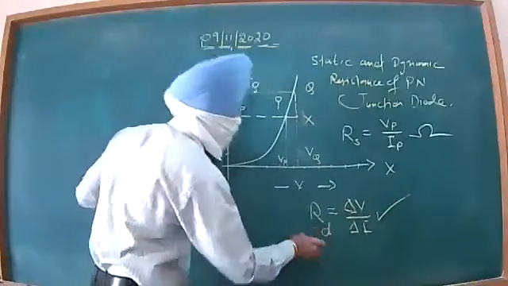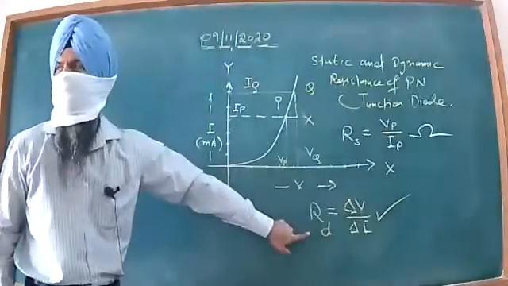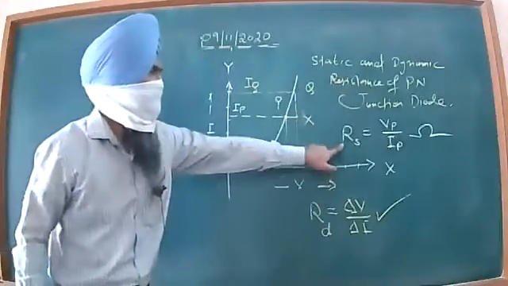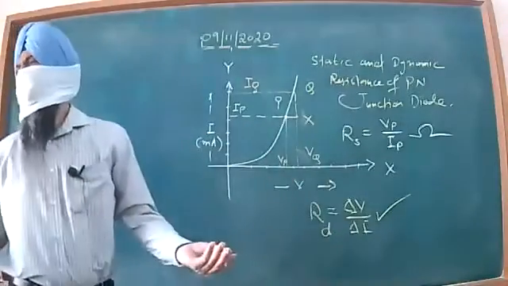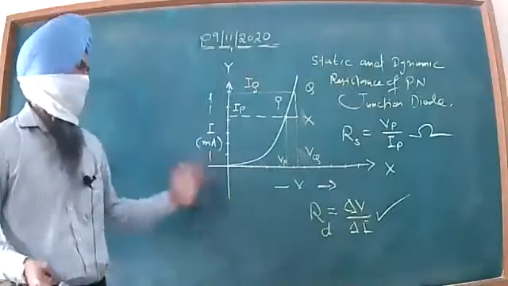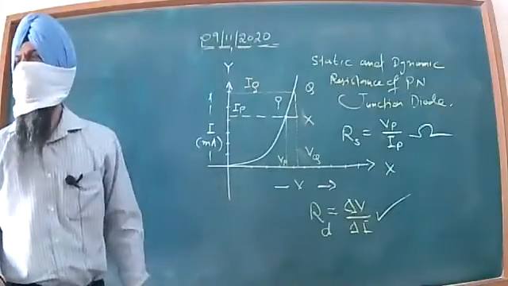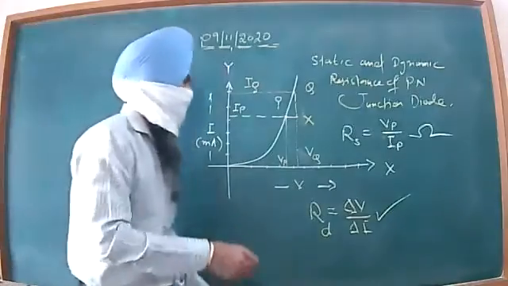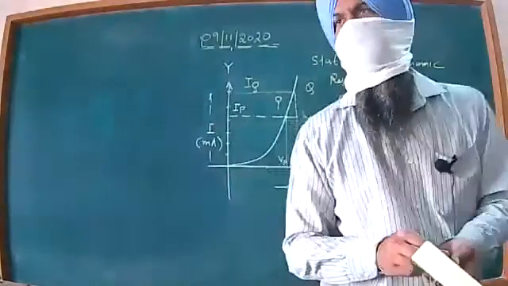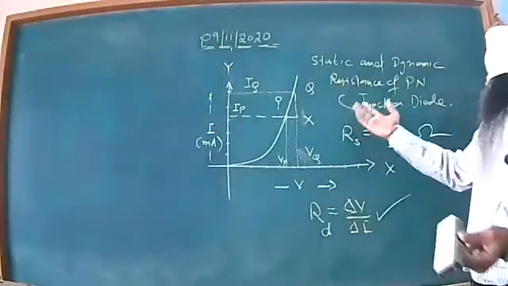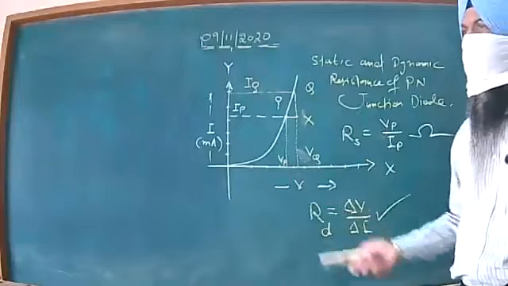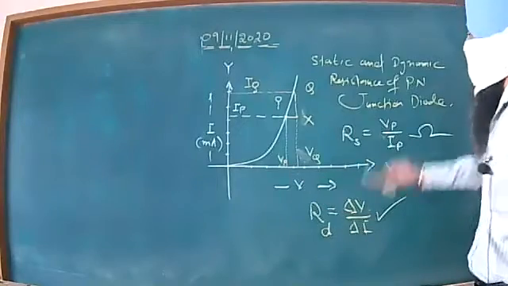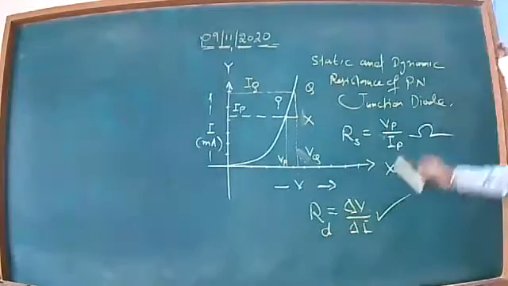So these values give you the dynamic resistance in this case, and we generally denote it by RD. D means dynamic, S means static. So this is the simplest way to solve such numerical problems. This was a simple numerical and that may be asked again with just a little change in the numerical values of the graphical axes, that is y as well as x.